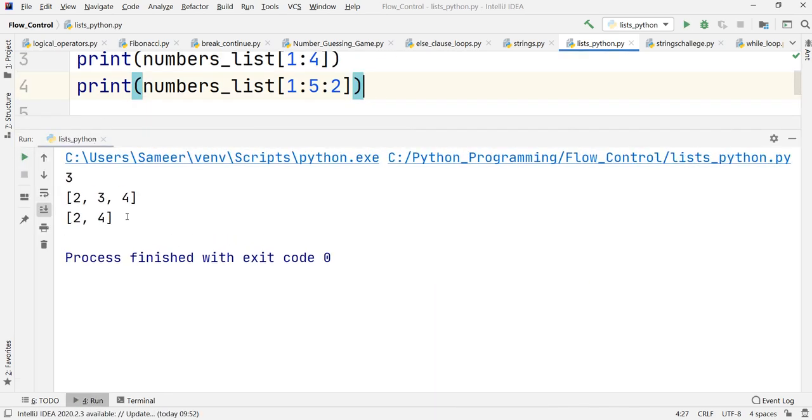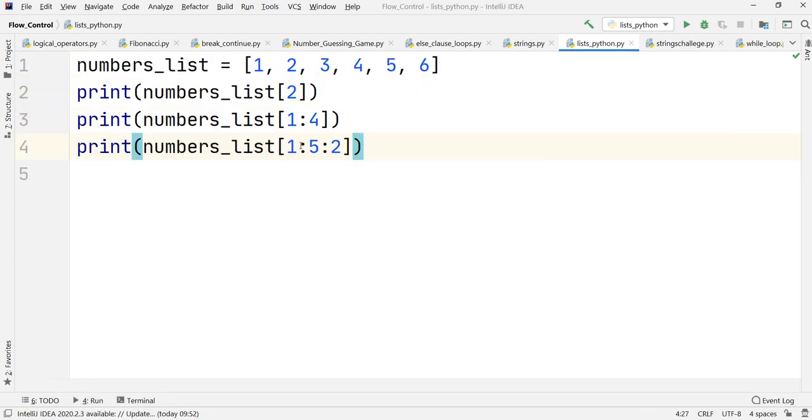Again we are getting a different list with values 2 and 4. And why 2 and 4? It will start from this position and go in steps of 2, so 2 and 4 will be considered, because the range value is up to 5, and 5 is not included, so one value less than that. That is why only 2 and 4 were shown.